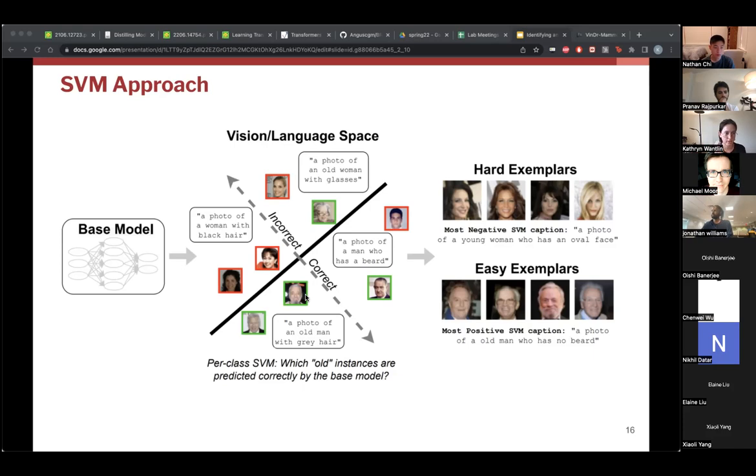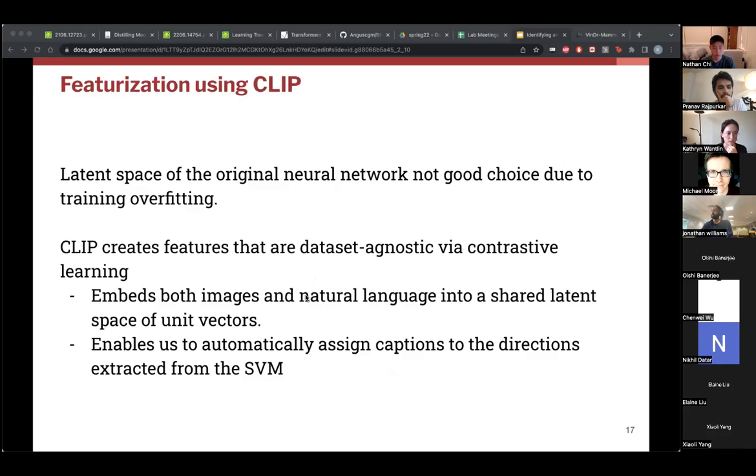So basically the spurious correlation of age and gender exists. And so the decision boundary that has been learned is relying too much on male or female to be able to understand old or young. So this paper is trying to understand how we can disambiguate between these. So instead of using concepts, they essentially just look at the latent space and they featurize and rely on image and text